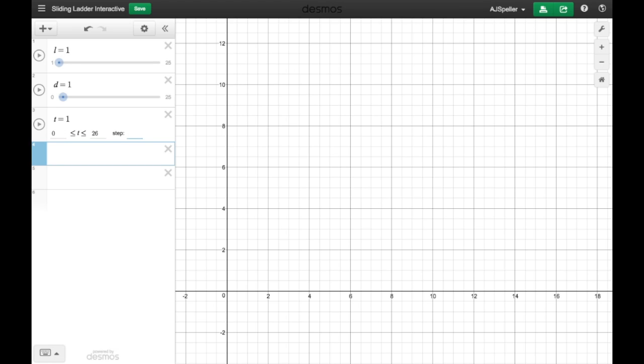And I again want this to move in increments of a tenth. And next I'm going to just add in an expression to help us figure out what the time is when we decide to use this interactive model on a different problem. So to figure out the time, we take the length of the ladder and we divide it based off of the rate at which the bottom of the ladder is moving, and there we said is the letter D.